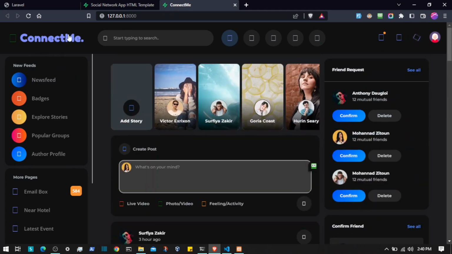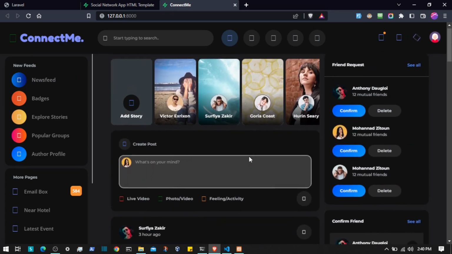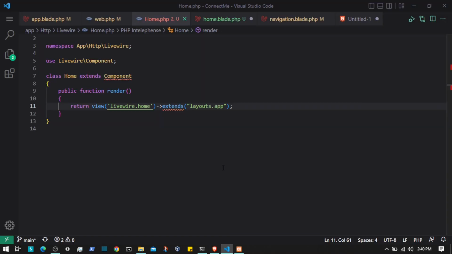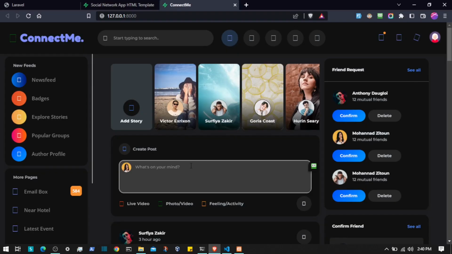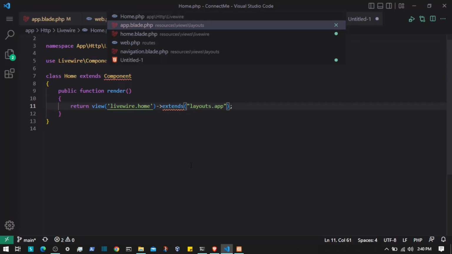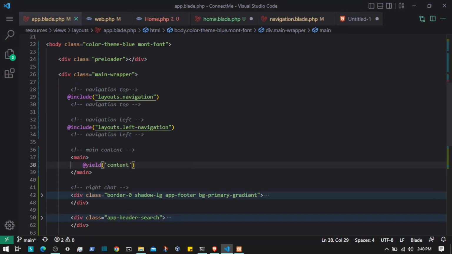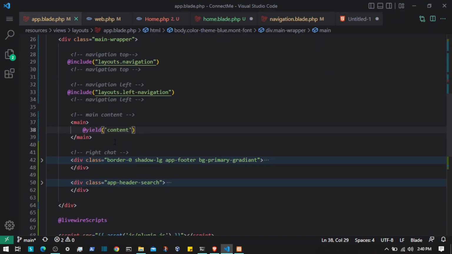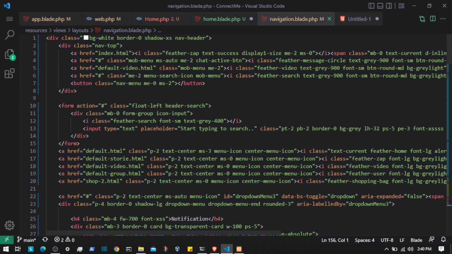Now we have to work on these parts and configure them one by one. So let's get into it. I will start off with the app.blade.php, and here we have the navigation. So I'm going to go to the navigation, and